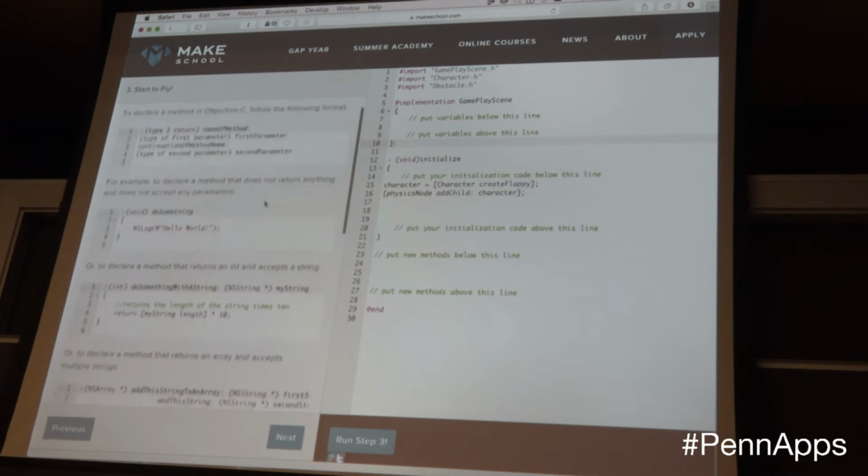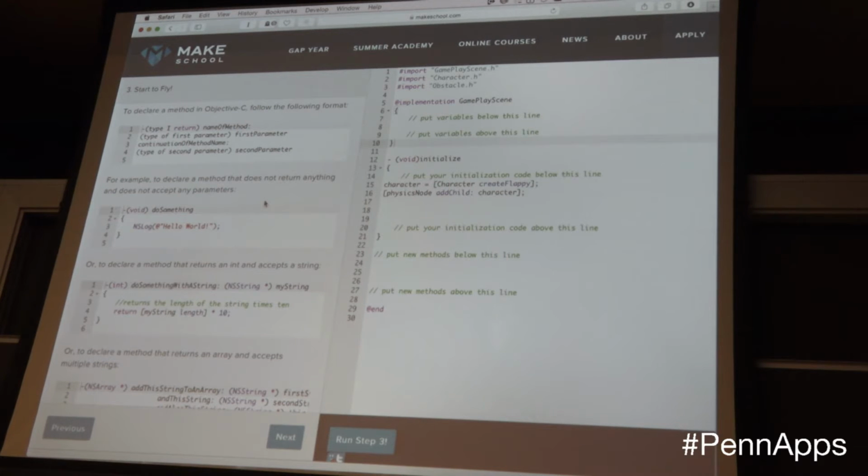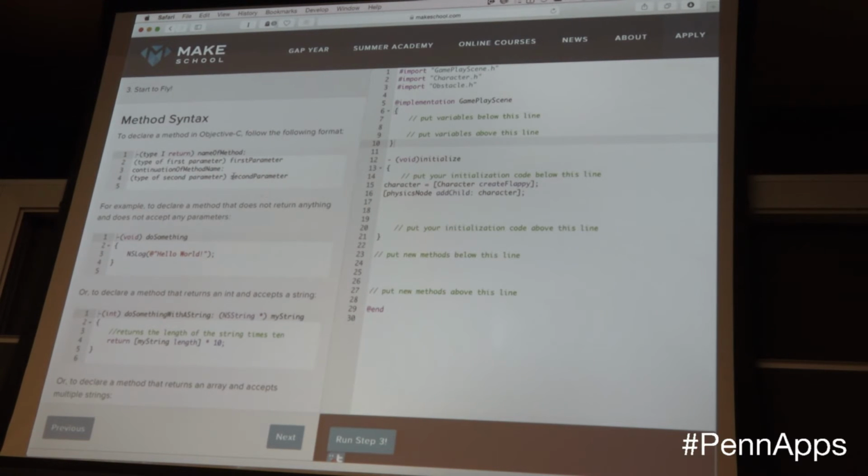This is a little bit more of a rundown on Objective-C syntax, so we can run through it really quickly. This is when you make a function and you say what kind of variable that function is going to return. That's what the syntax looks like. So this here is void initialize, but let's say I wanted to make a method that says hello and whatever name I get.